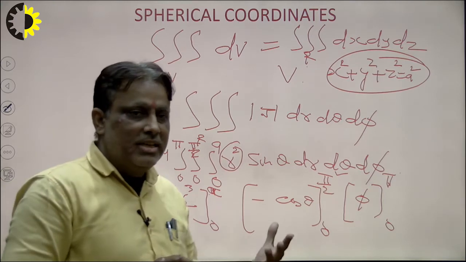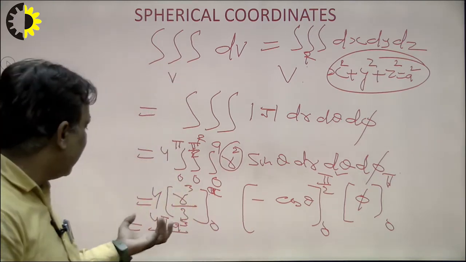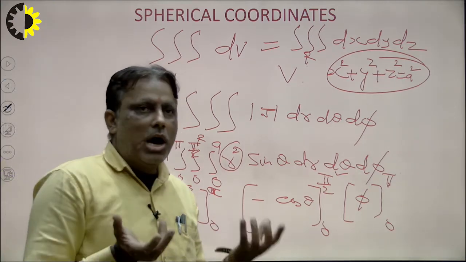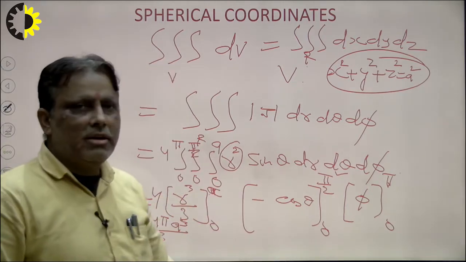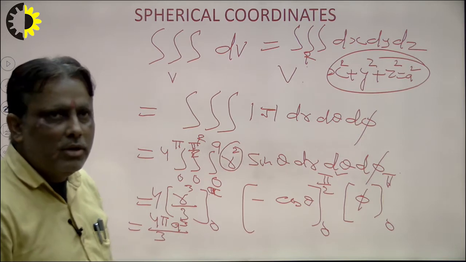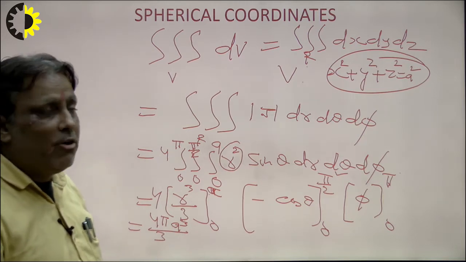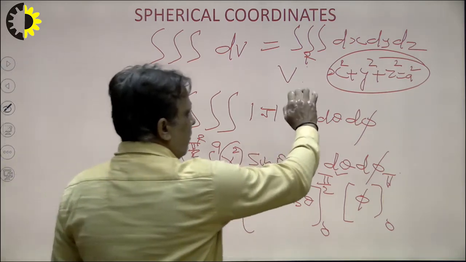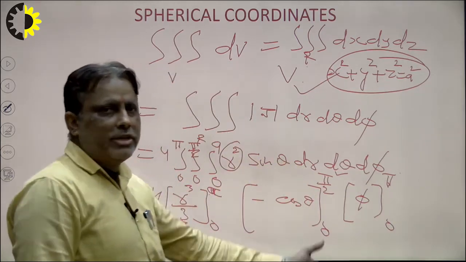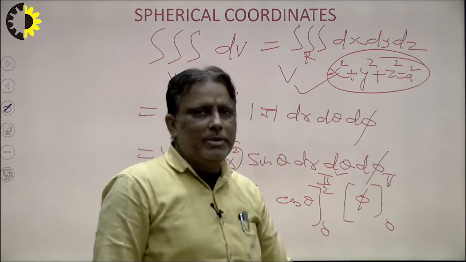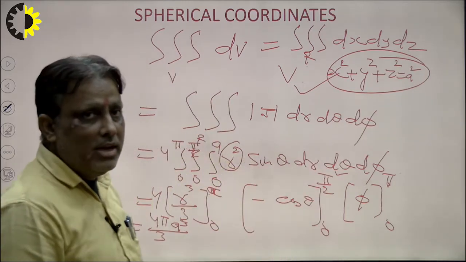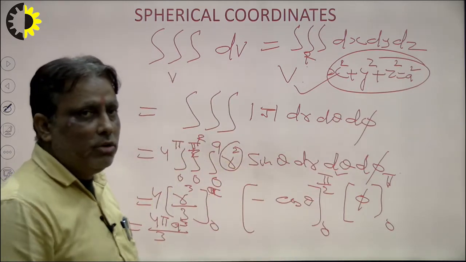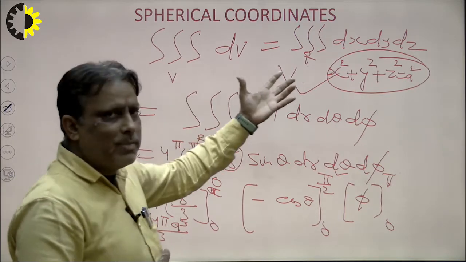Students study this in the previous classes, 9th and 10th, but they don't know how to obtain the volume of the sphere. So in this procedure we calculate the volume of the sphere with the help of spherical coordinates, when we face this type of problem. Suppose I want to take the limit of z, so the limit of z will be 0 to √(a² − x² − y²), and then taking the limit of y, this is a typical case. So in this case we solve with the help of spherical coordinates.